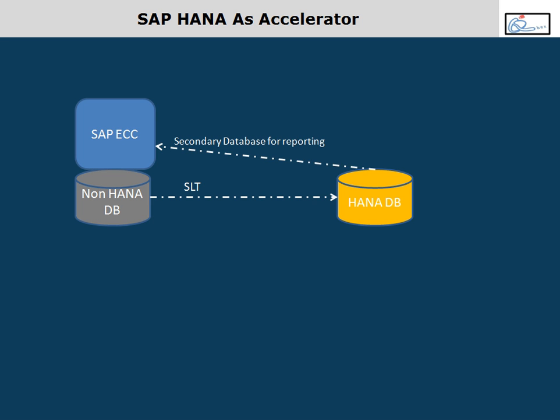Then what will I do? I'll install HANA as a secondary database and copy the relevant tables of ATP to what? To the HANA database, and I'll be replicating through what? When I say SLT, what does it mean? In real time, the data from this database will be moved to the HANA database. Then I'll customize my ABAP programs. My ABAP programs relevant to the ATP run will be modified to start using this HANA database.